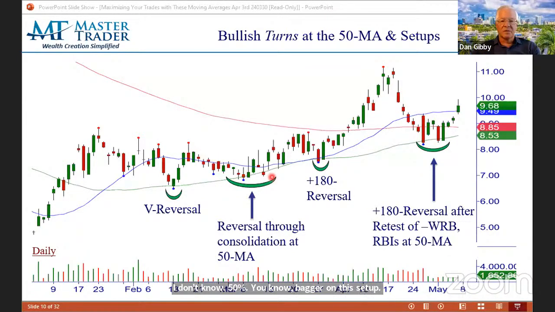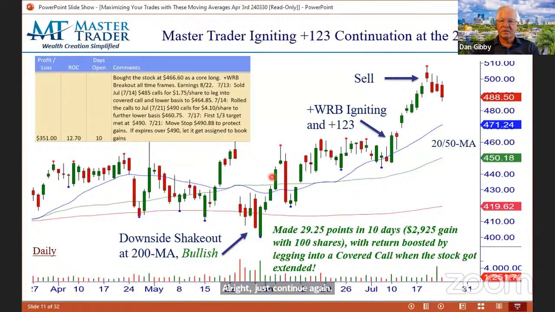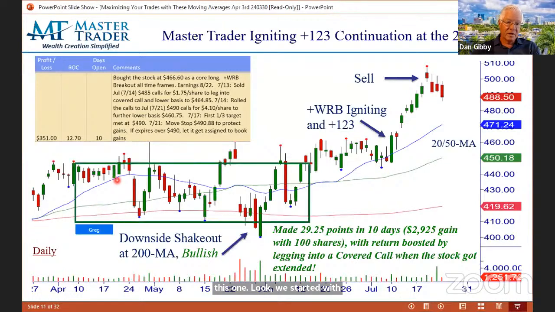All right, let's continue. We got many examples. So this one, look, we started with converging MAs, broke out,